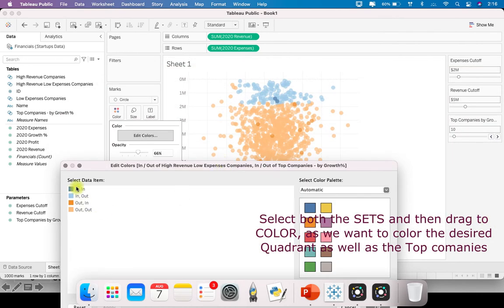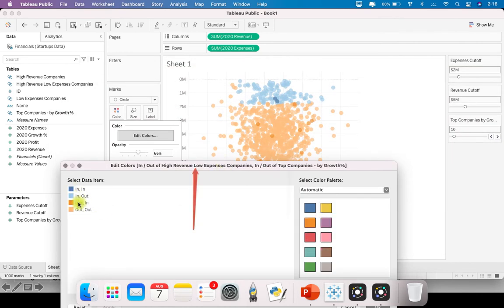Here you can see this first value of in out corresponds to this set, whichever you have selected first. Second one in out corresponds to this set, top companies by growth percentage. So my first in will correspond to that. My quadrant is selected, and within that quadrant, if I have any top company by growth percentage, I'll select that as red.